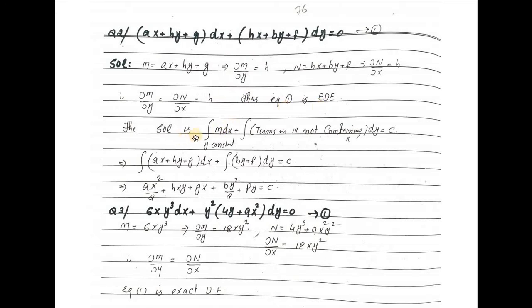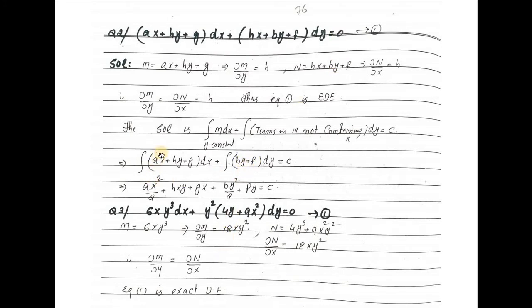exact. The solution is integral m plus integral of terms of n free of x dy equal to 0. Putting value of m. Value of m is this one, and here we have to ignore hx because this term has x. We have to take by because this term is free of x. We have to take f because it is free of x. So we have to take last two terms. These last two